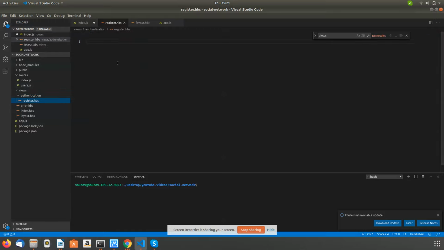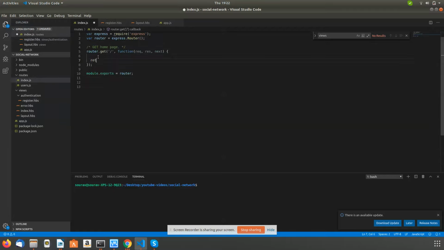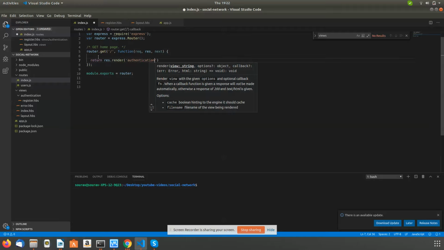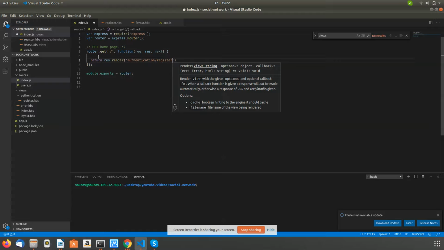So in the register part, I'll do h1. I'll set it equal to the folder, authentication slash register, then comma